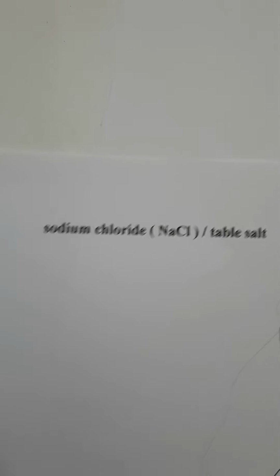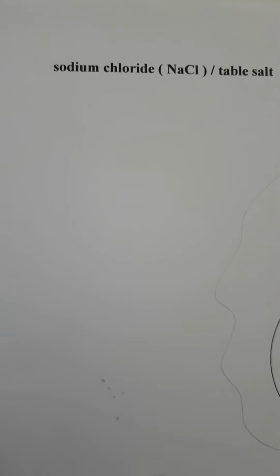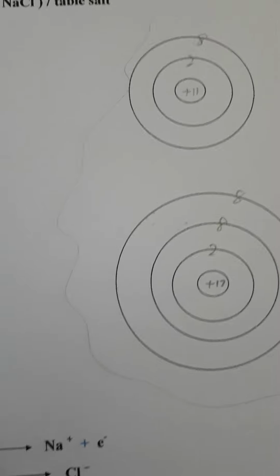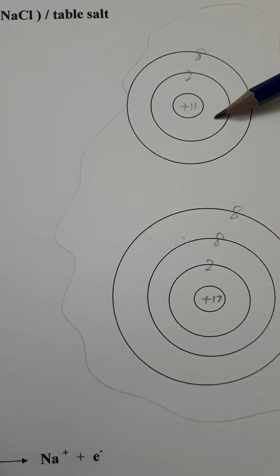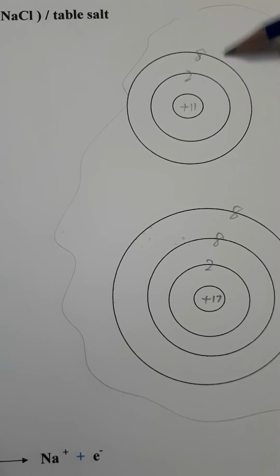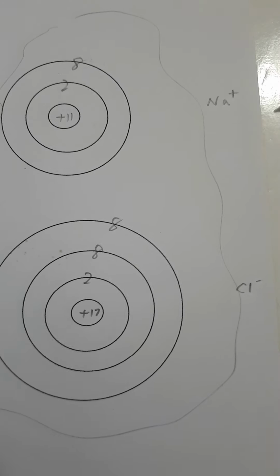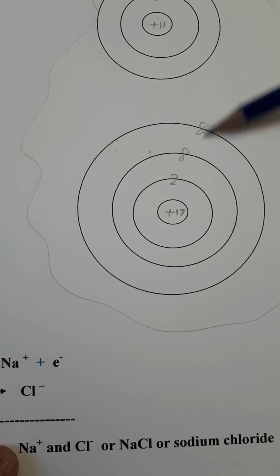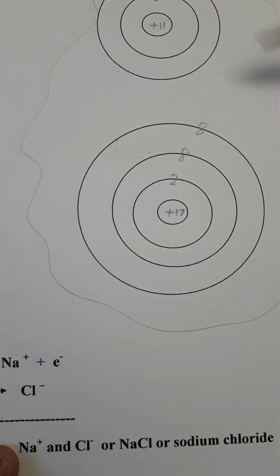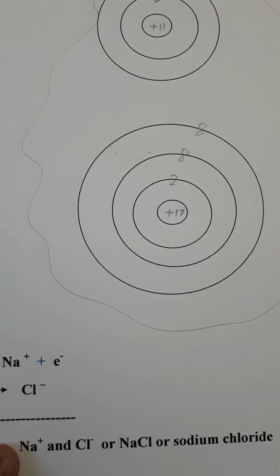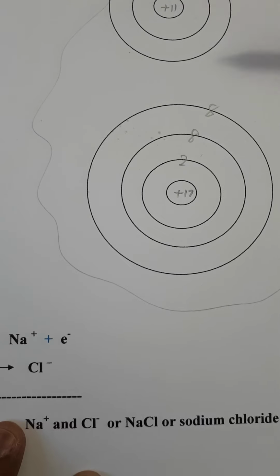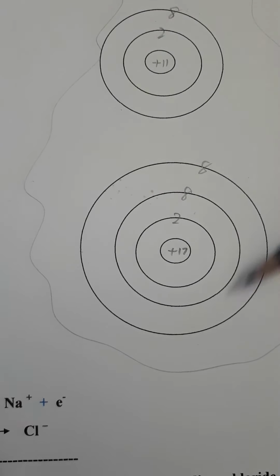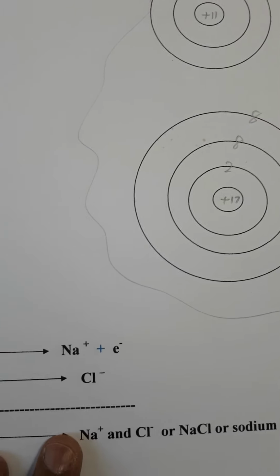ionic compound called sodium chloride, or table salt. So these are the sodium ion with the 2, 8 configuration and the chloride ion with 2, 8, 8. So they stay together in a lattice. So this is called 1 unit of sodium chloride crystal.